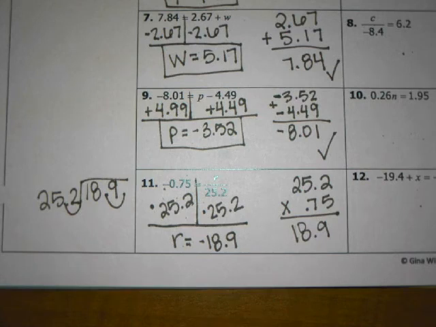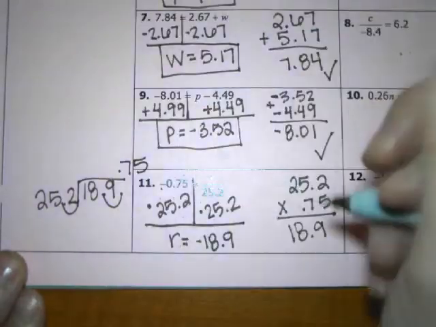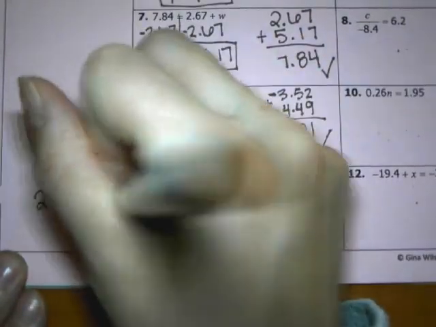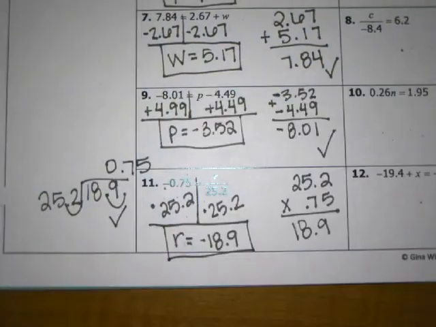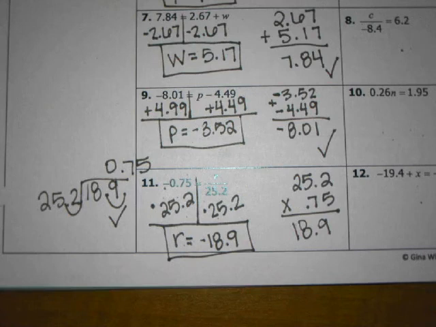Did you guys get 0.75? You should hopefully get 0.75, which tells you we did it correctly. Questions? Same process, just a little bit more work because they're decimals, right guys? Some problems are easier than others too. Okay, so here is